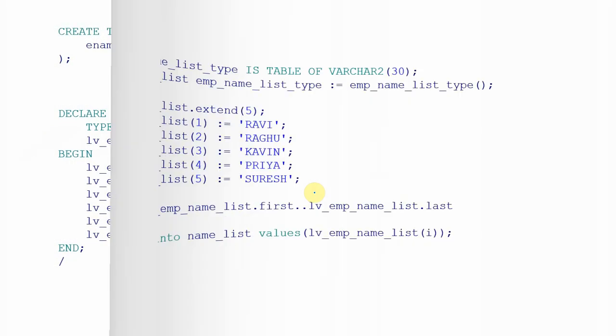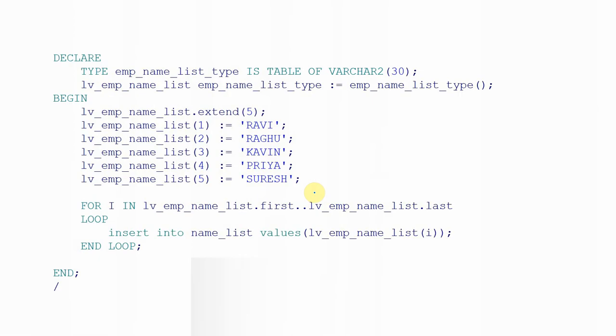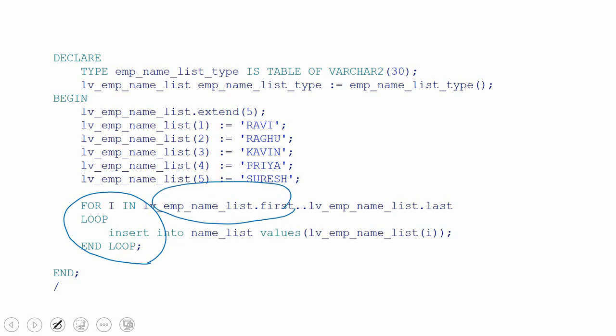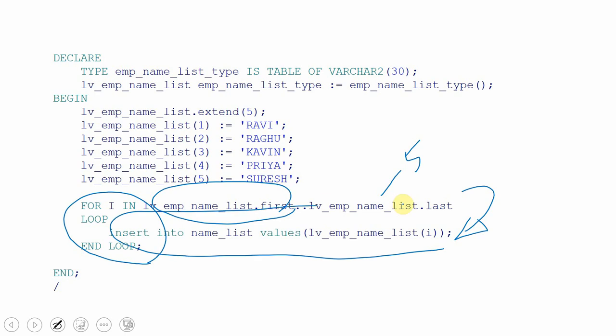Okay, so here is our first method using the FOR loop. So basically what FOR will do, it will iterate through this collection element by element and it executes this insert statement. So what will happen here is if there are 5 elements in this collection, the loop will iterate 5 times and the insert statement will get executed 5 times, that is for each and every value. So finally all the information will get inserted into this table. So this is using the FOR loop.